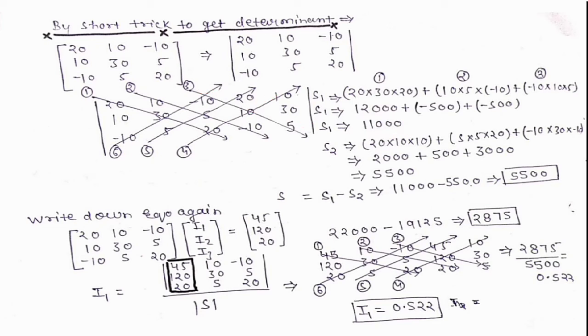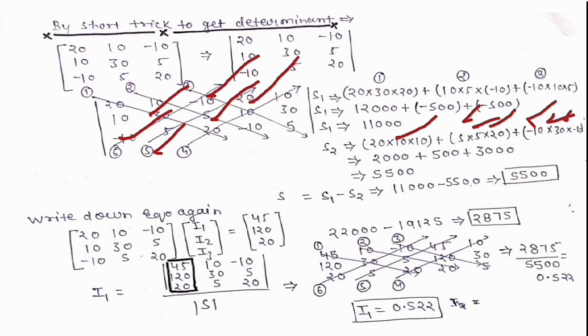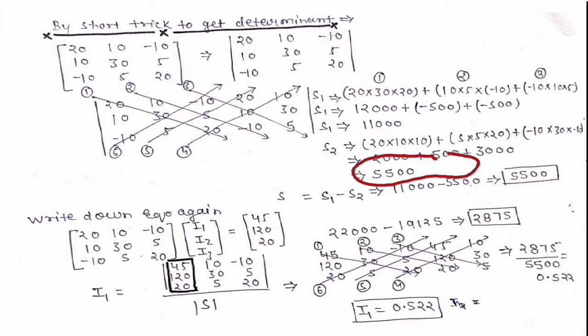The second thing is, when you cut the three values of the determinant, then this value is of the matrix, then you will see 10, 10 minus 30 minus 10, 10 minus 30 minus 10, or you start from this if you want. 20, 10, 10, 20, 10, 10. Okay, 20, 10 cross 10 plus 5 cross 5 cross 20, 5 cross 5 cross 20 plus minus 10, 30 minus 10, minus 10, 30 minus 10. So through this way we will get the value of 5,500.